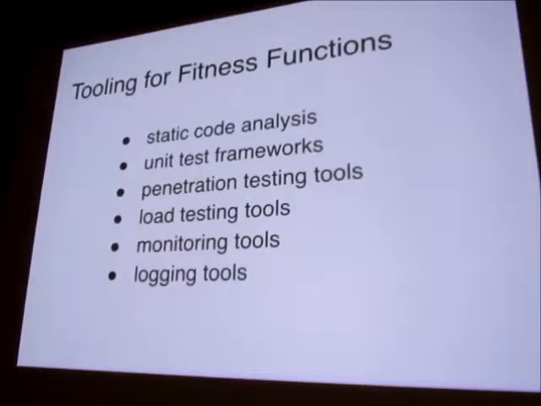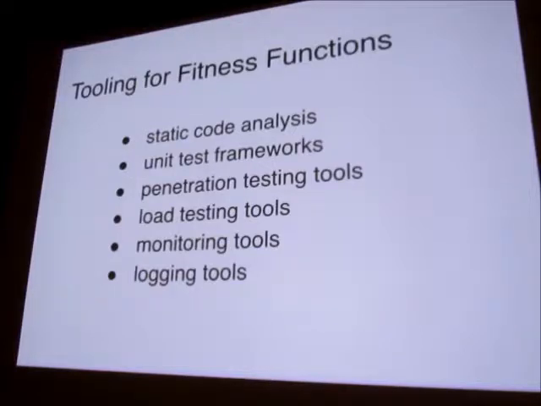Here are some examples. We could do a static code analysis. Let's say we want to make sure our code is simple and easy to understand. We could use cyclomatic complexity to measure the complexity of our code, and now we're able to chart, graph, and manage that. If we see it going up, we go, oh, there's an issue here. So it relates to making it visible, but by having a concrete function that's measuring the qualities of our architecture.